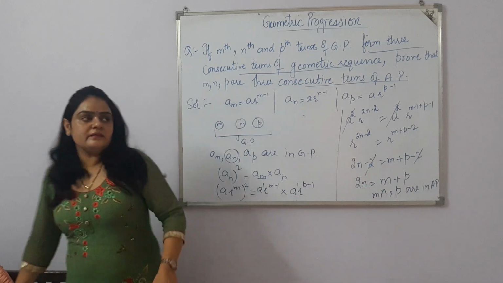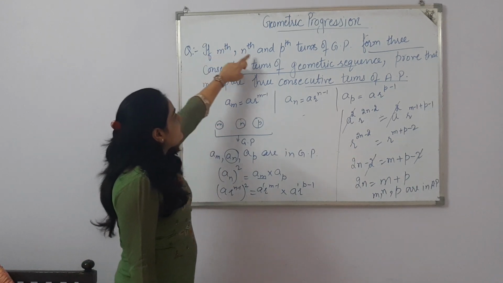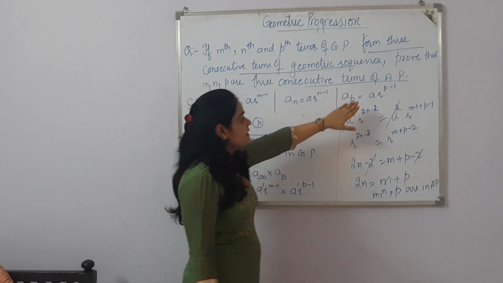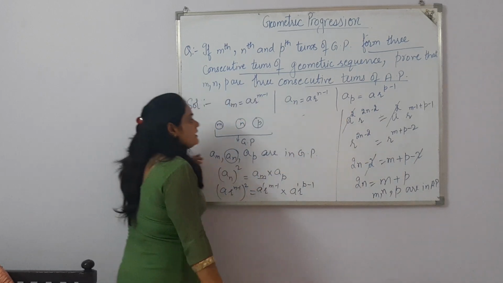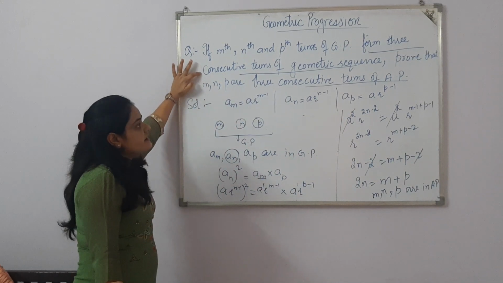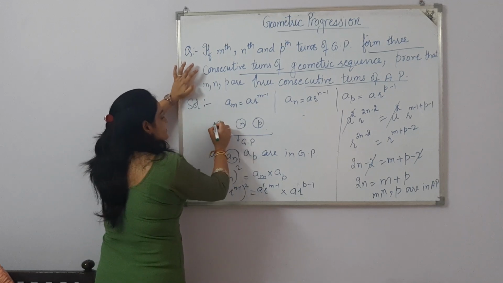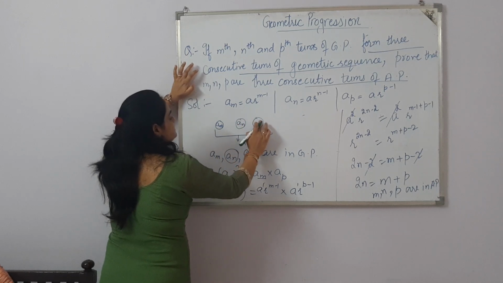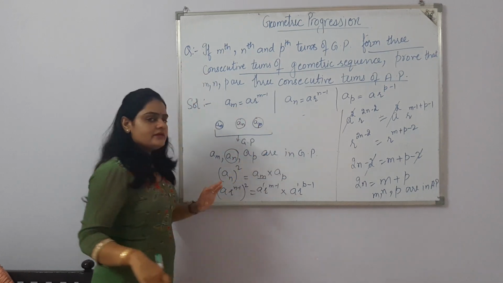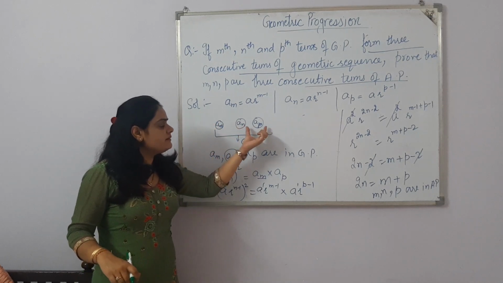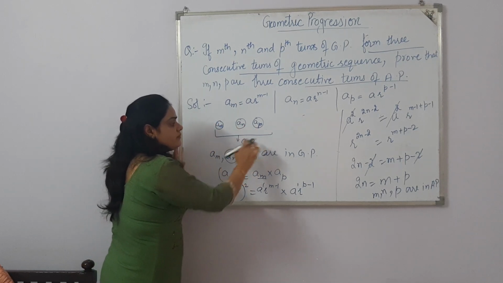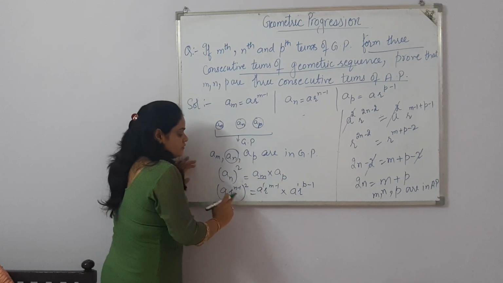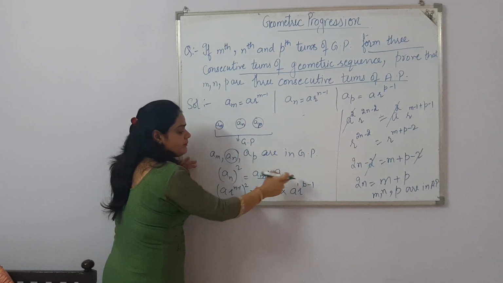Let's do this question once again. What was the question? The mth, nth and pth term of GP. The mth term of GP is a r raised to power m minus 1, the nth term is a r raised to power n minus 1 and the pth term is a r raised to power p minus 1. So they form three consecutive terms of GP. This is the mth term, this is the nth term and this is your pth term. Don't write just m and p, you will get confused. The mth term, nth term and pth term, when they come together, form a GP. If they are in GP, then the middle term squared is equal to the product of exteriors. So I have substituted the values of an, am and ap.